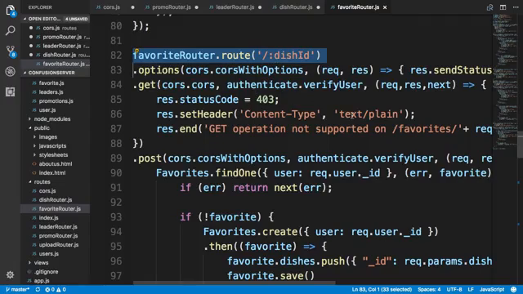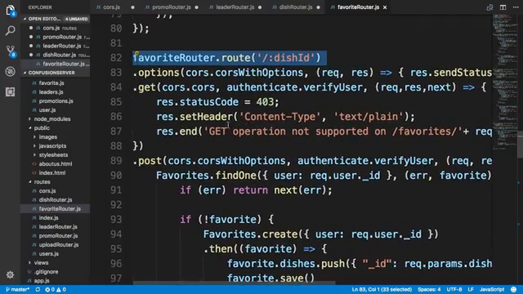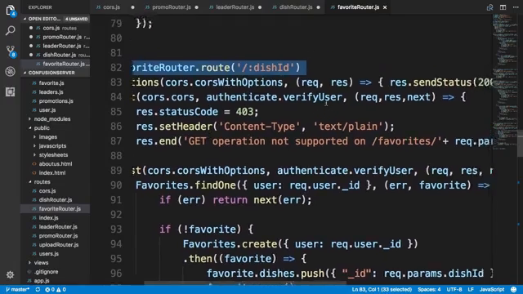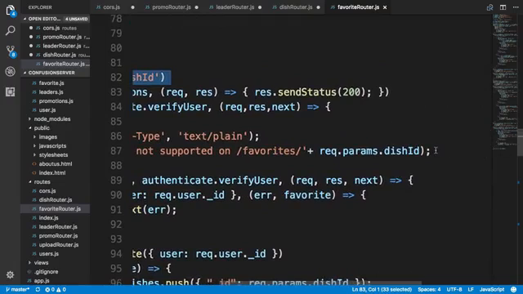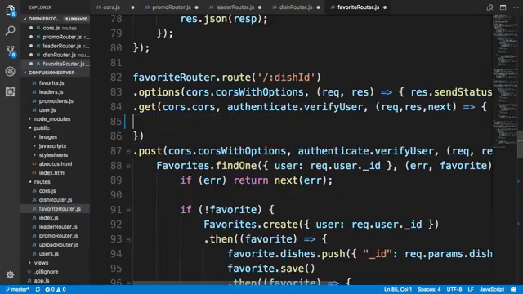Now I'm going to use this get method to just check to ensure that the specific dish with the dishId is already a favorite for the user. So instead of simply saying get operation not supported, I am just going to leverage the presence of this get operation, and then we'll say